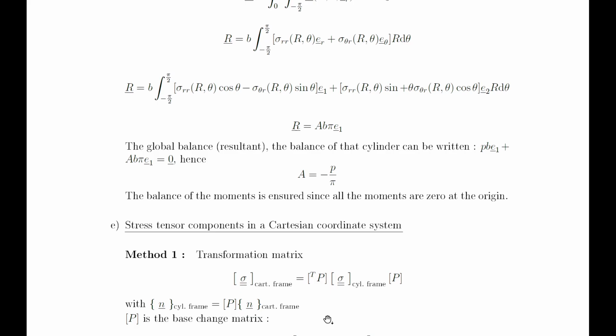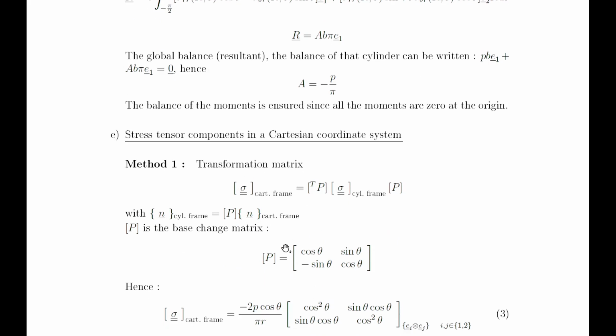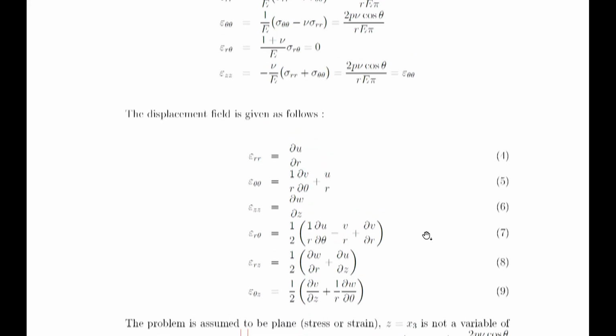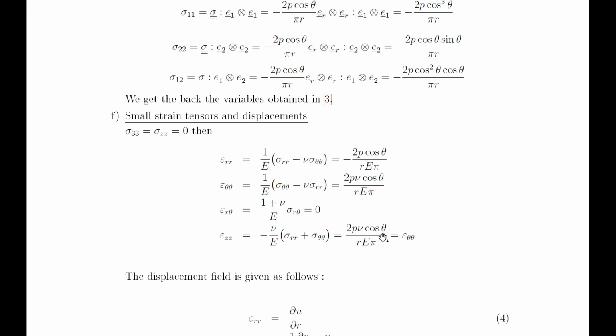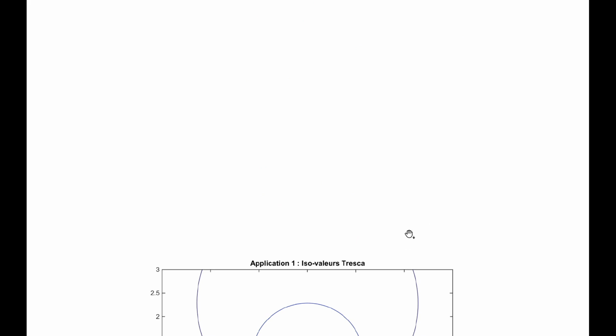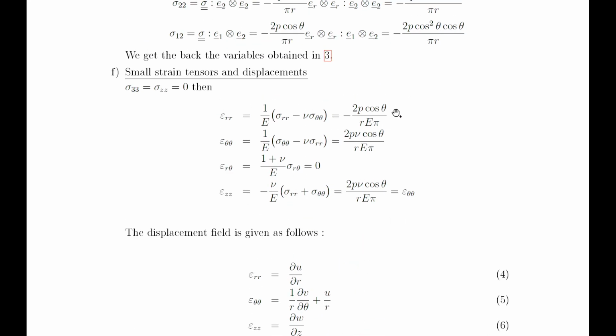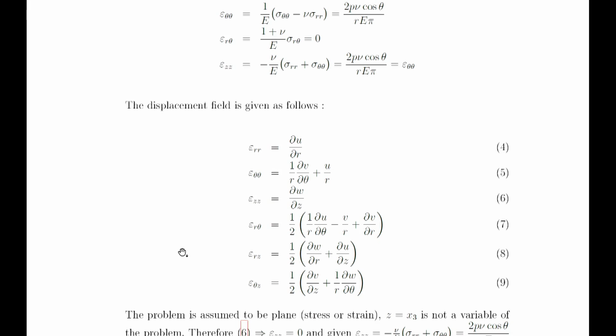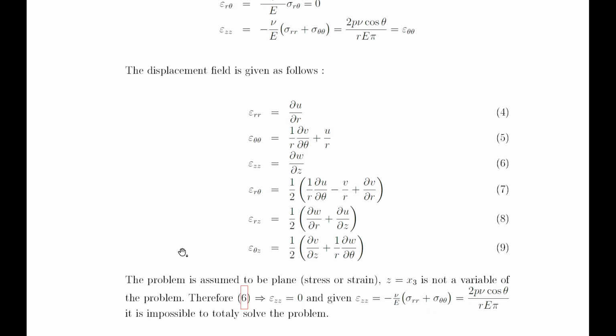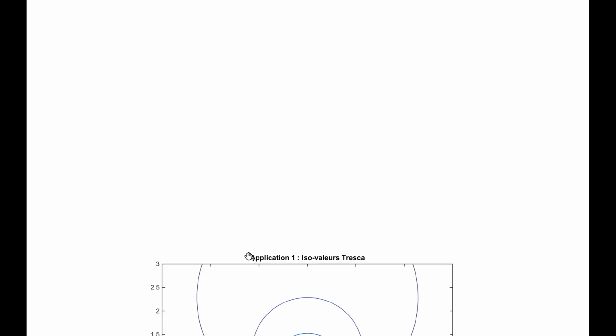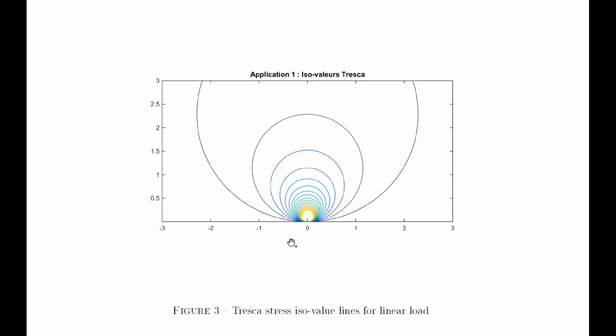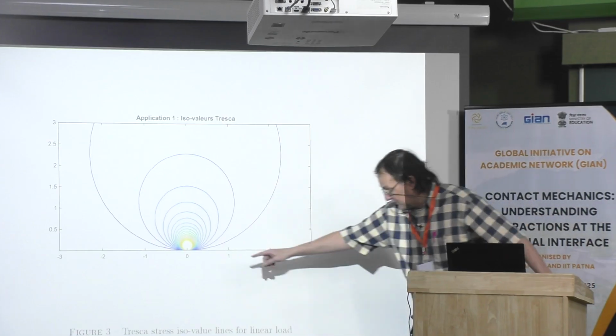And so we have to make some change of reference frame to switch from Cartesian coordinates to a cylindrical frame. Okay, and now you know the classical Navier equation. Then, knowing the stress, you can calculate the strain here. And also to calculate the displacement, you have to use this equation, so you have to integrate. Then we have a 2D problem. This is the solution if you look at the Tresca shear stress. These points tend to infinite.